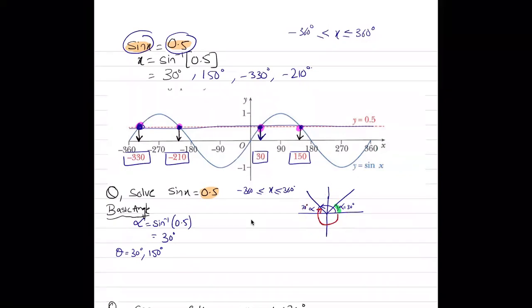What do you think the first negative angle is going to be? All the way from here to here. So this is minus 180 and this is minus 30, so minus 210. And then all the way from here to here, so minus 330. So these are all the four angles that we can find using the solving method instead of drawing the graph, because we won't be able to draw the graph again and again to find the solution. But this is the general idea.